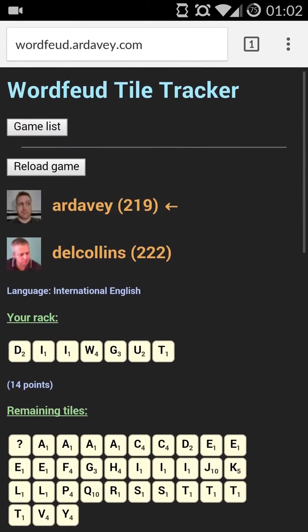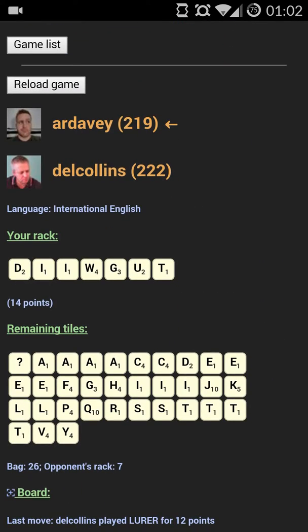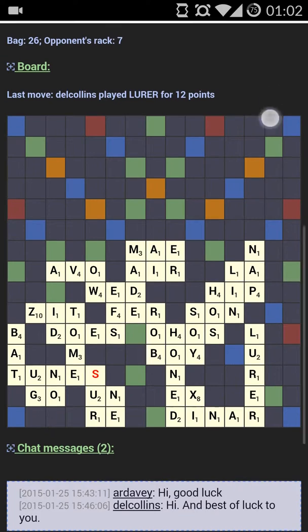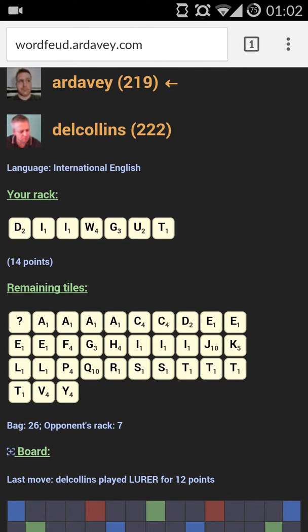Obviously the key here is remaining tiles. At the start of every game, the tile distribution is identical for each language in the game. Therefore, if we take that complete set of tiles, we deduct all of the tiles that are on the board here, we deduct what's in our own rack, then we come up with this list of what remains. There's no cheating going on here. There's no unfair gameplay. We're just using information that's provided by Wordfeud themselves about the tile distribution to deduce what's